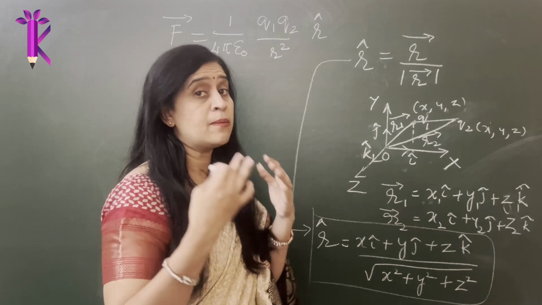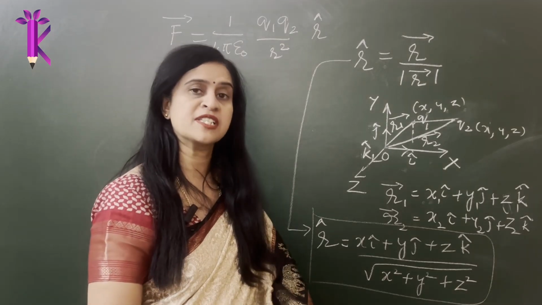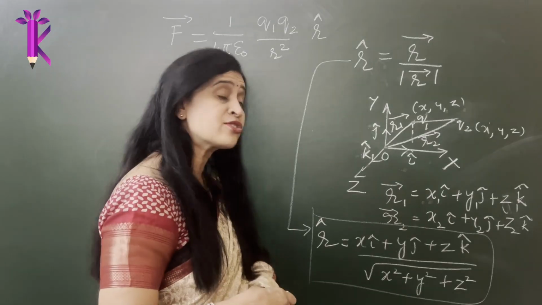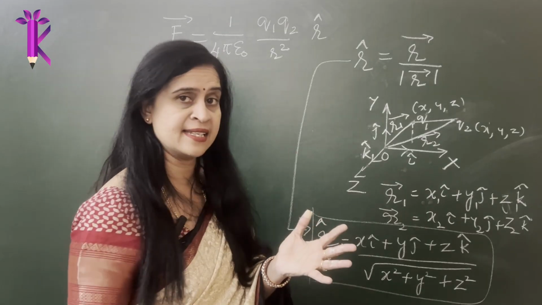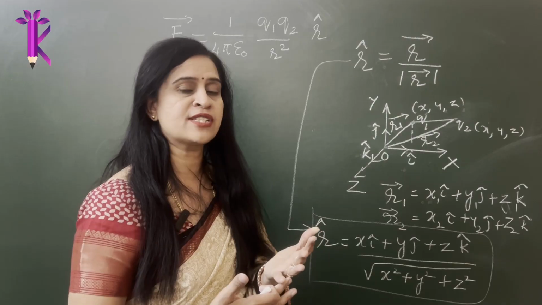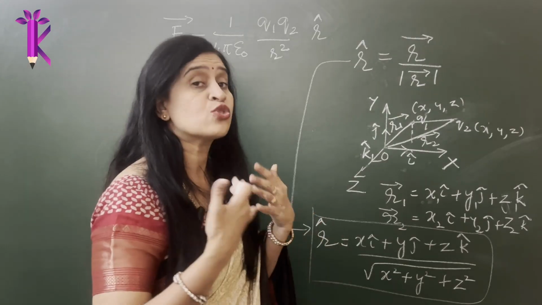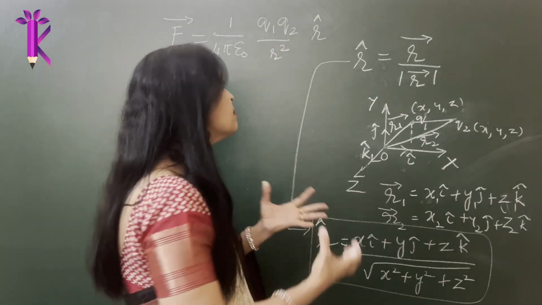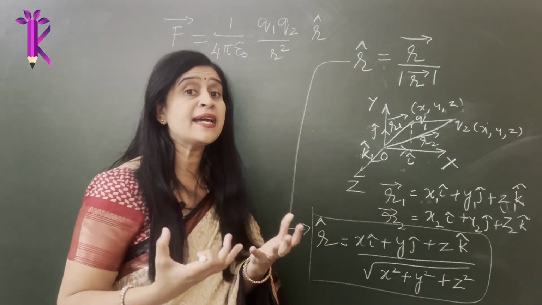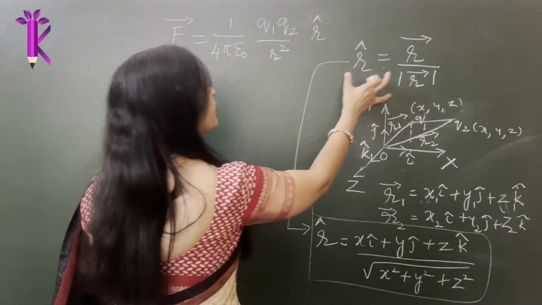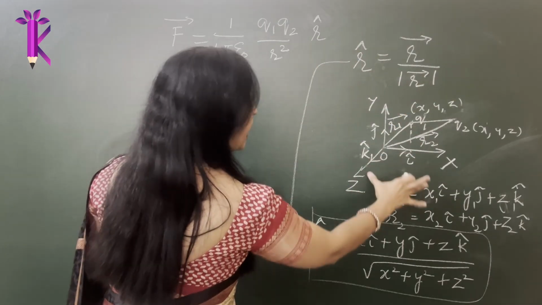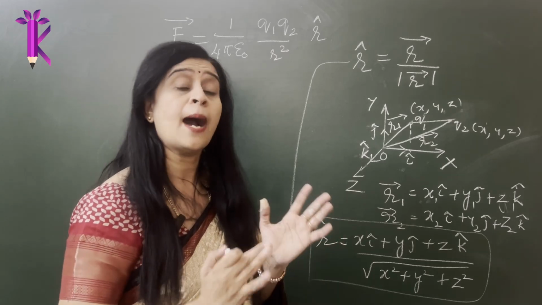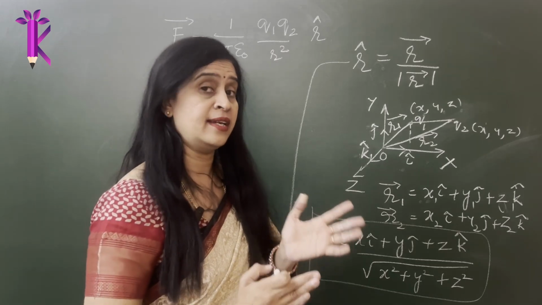This will be elaborately taught to you in a chapter called Scalars and Vectors, but it is essential now that you are in class 12. You must know what we are doing, why we are writing in a certain way, and how to combine your concepts of class 11 into class 12 to better understand the numericals. Why am I writing it as r vector, why am I writing it as a unit vector, what can a unit vector be written as, and what does it actually mean? All this has to be crystal clear for you to approach any numerical in physics.